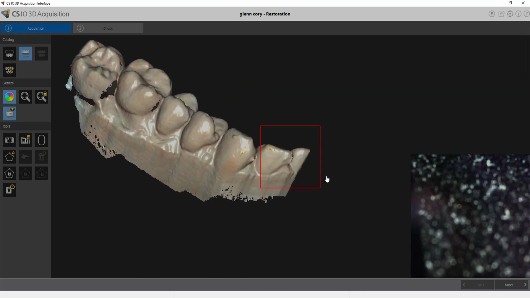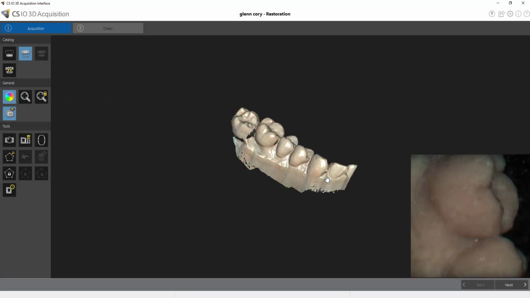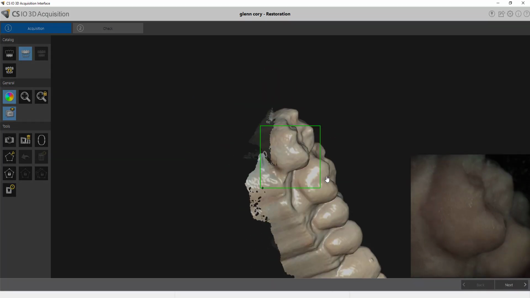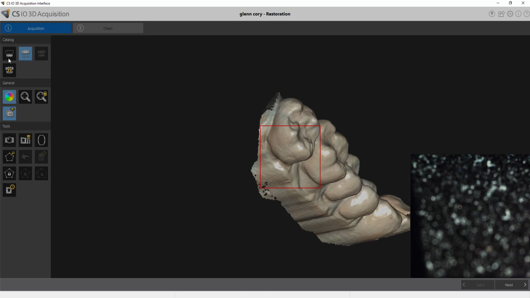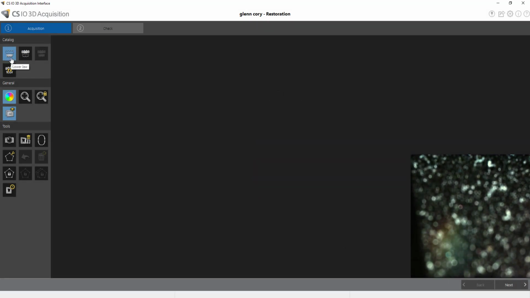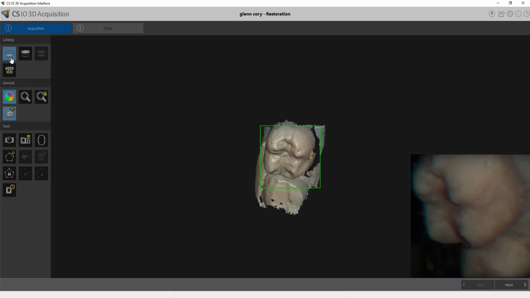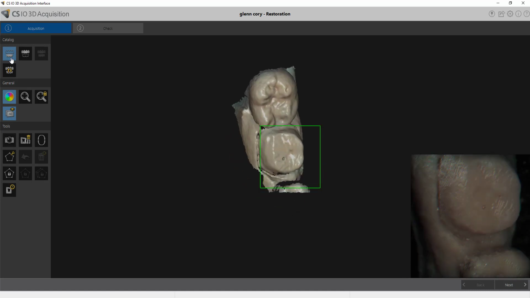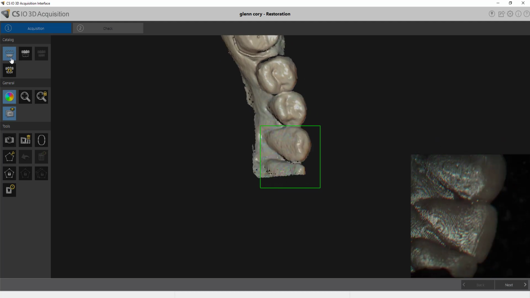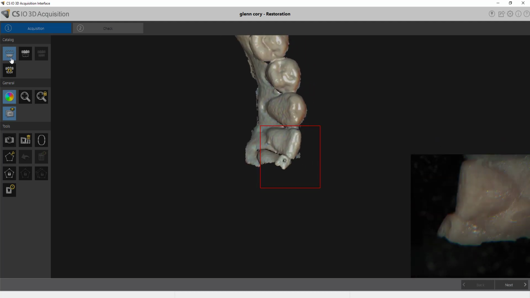Now, this module is in its earliest stages, so you can absolutely expect to see lots of future improvements, but it is definitely fully functional even at this early stage. And so let's go through a simple case of just scanning and designing a crown on a lower first molar, tooth number 19. Now, whenever you start a case, obviously the first thing that you're going to have to do